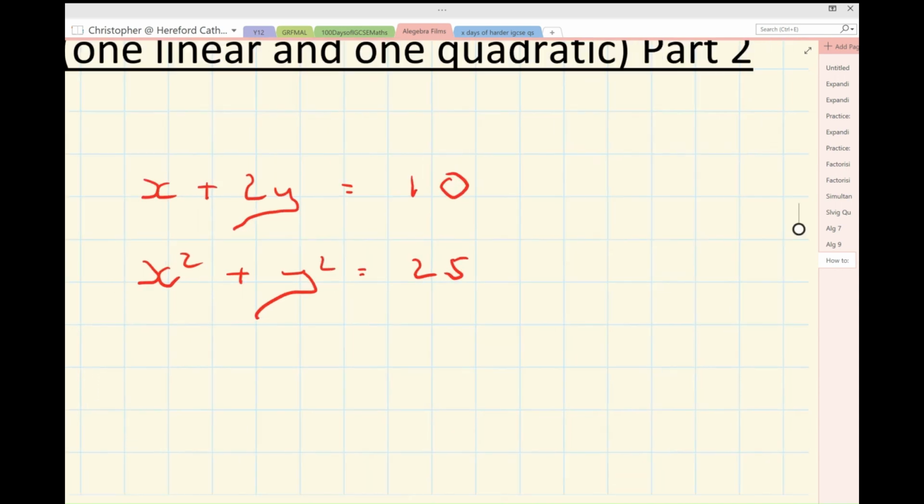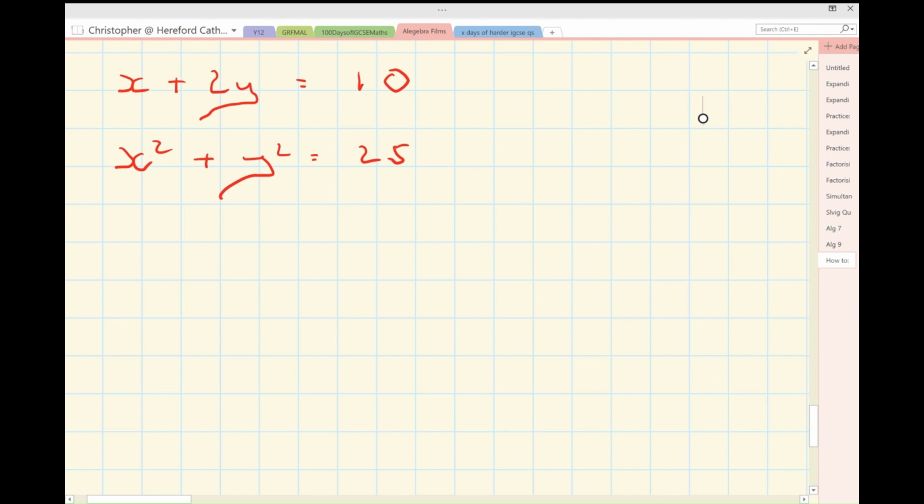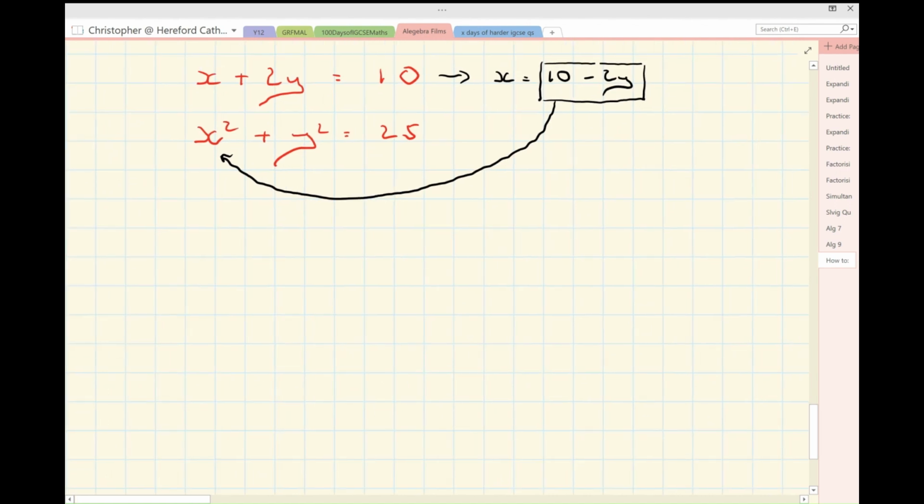Now, if you've got two simultaneous equations that look like this, the best thing to do is, in this case, take the top equation and make x the subject. So I'm going to subtract 2y from both sides, and now I've got an expression for x. I'm going to take that expression and substitute it into the second equation instead of x. So I'm going to start by writing down that second equation, x squared